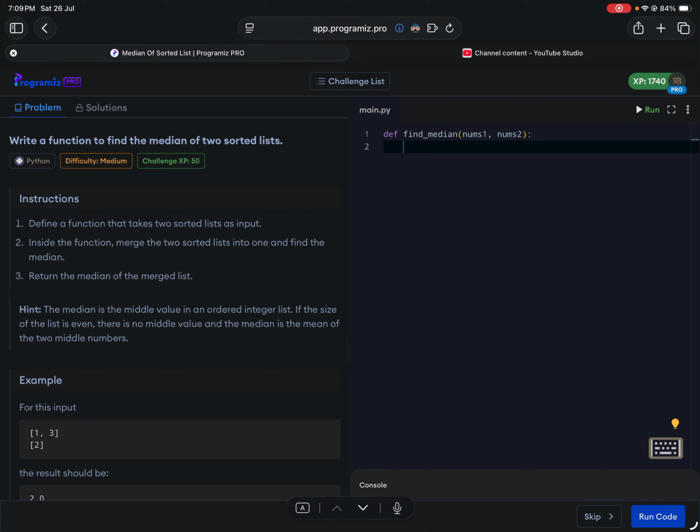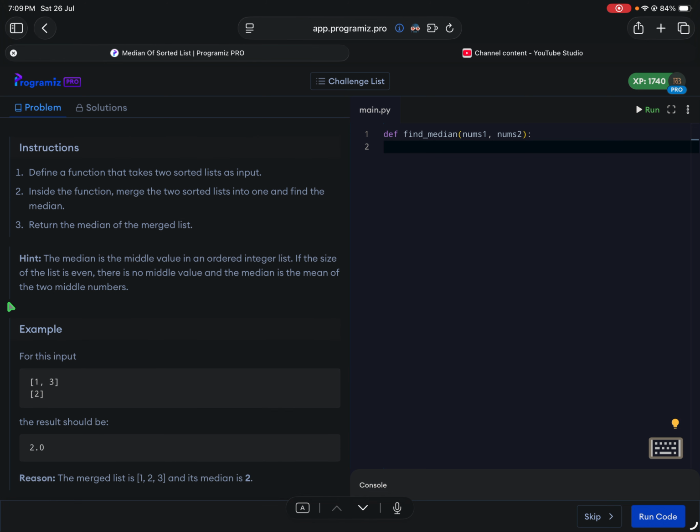So in this particular problem, what we need to do is find the median of two sorted lists. We will be given two different lists, and what we need to do is flatten it first, right? So we need to make it into a single list, merge the two sorted lists into one, find the median, and return the median of the merged list, right? So what we can do is